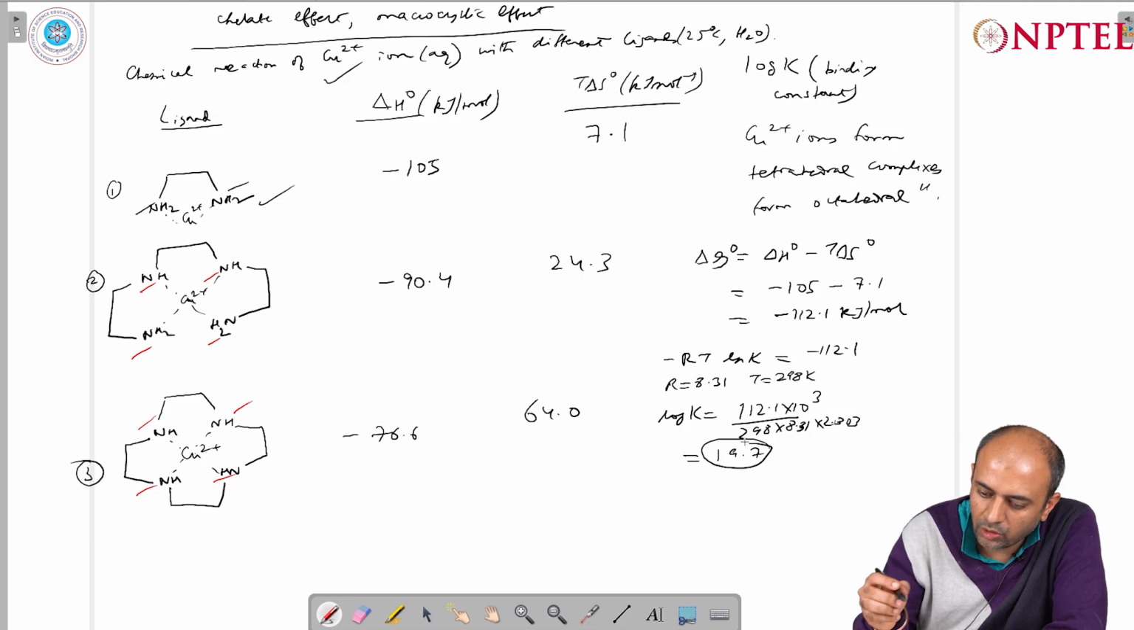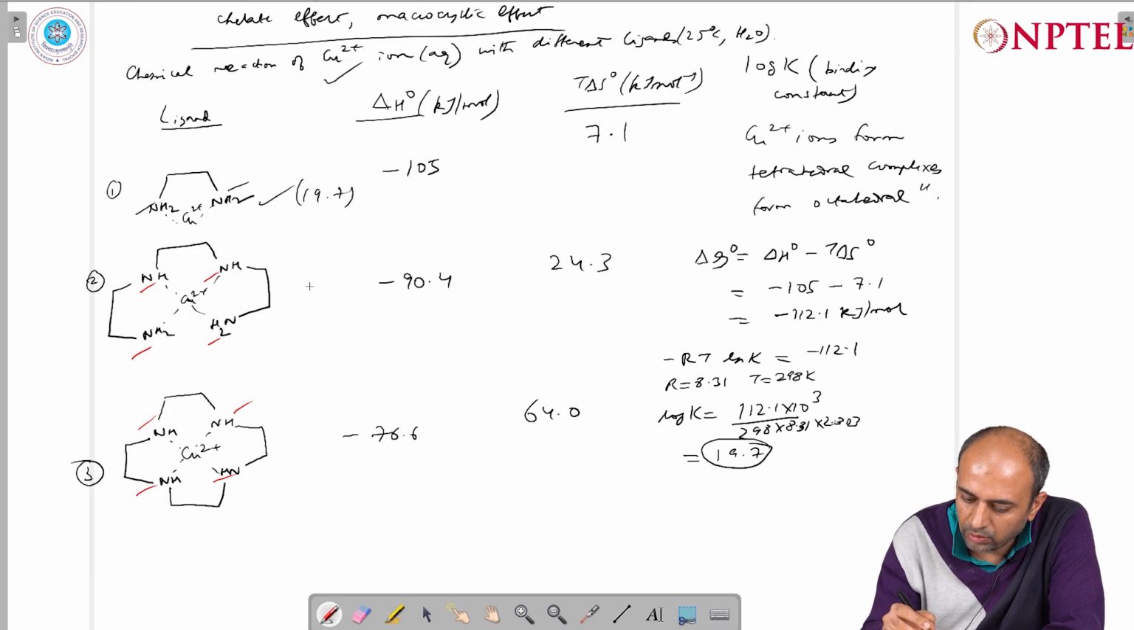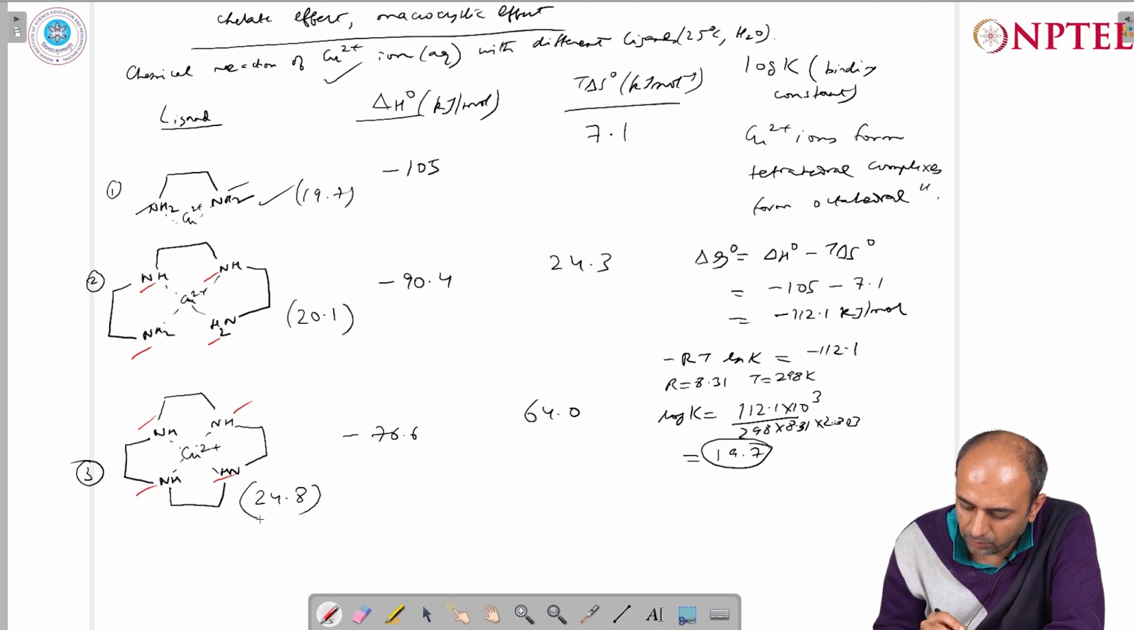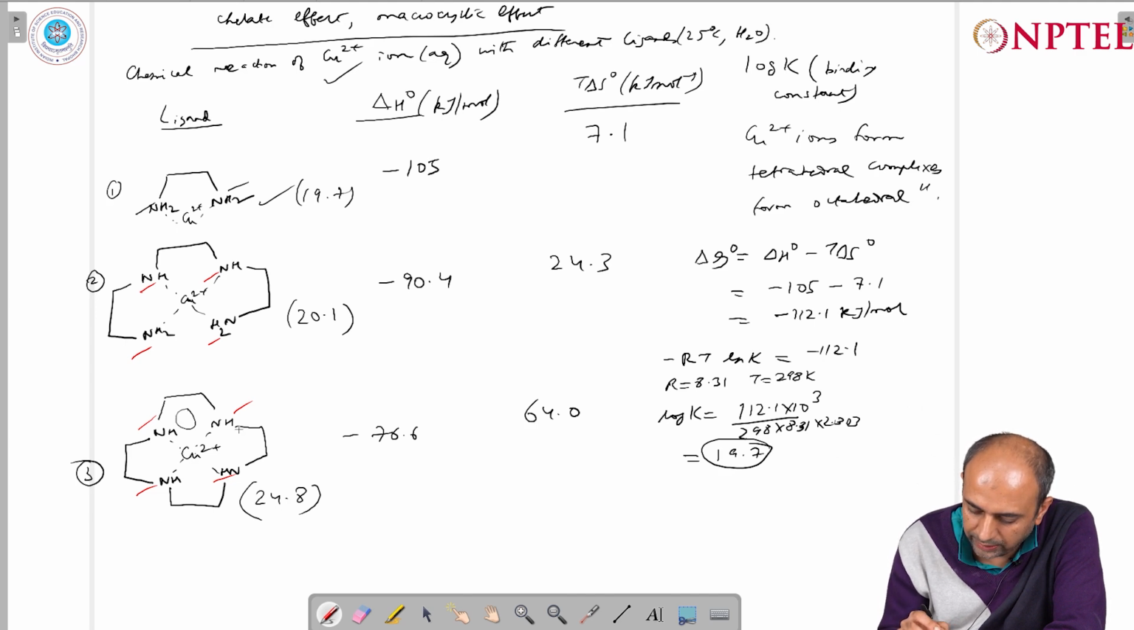So, 19.7 is the log K value for the first complex. It is 20.1 if you calculate now for the other complex, and it is 24.8 for the third complex. So, it is very clear that the third complex is the most stable complex, because you can see, in addition to the chelate effect, you have one chelate ring here, another chelate ring here, another chelate ring here, and another chelate ring here, so you have the 4 chelate rings,